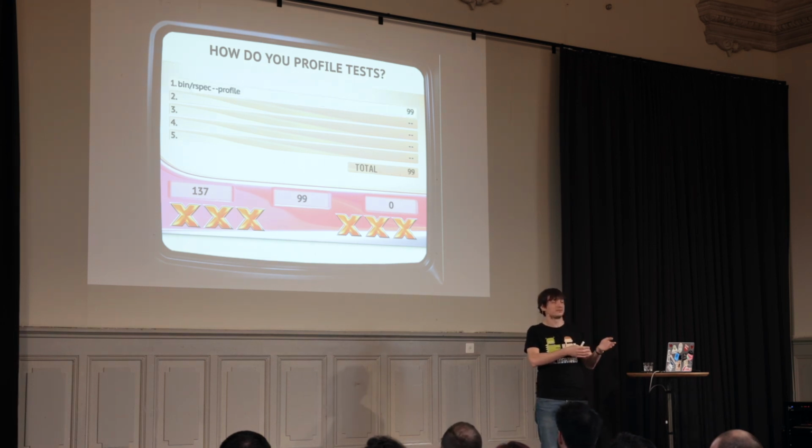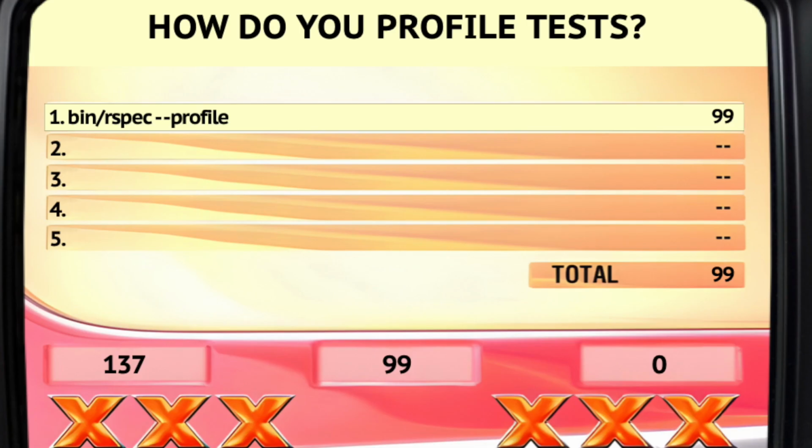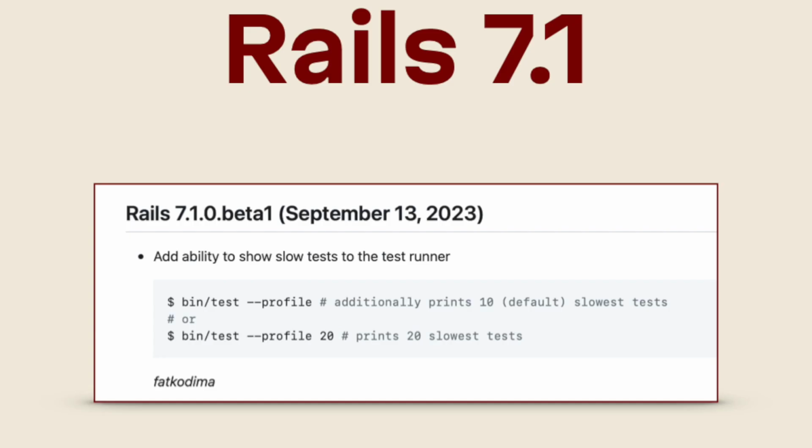Oh, we have built-in profiling support in our test framework. RSpec has a profile option. Rails got a profile option recently too. It works similarly to RSpec's one. Feel free to use it and fix your slow tests. But unfortunately, that won't help you a lot. The thing is,